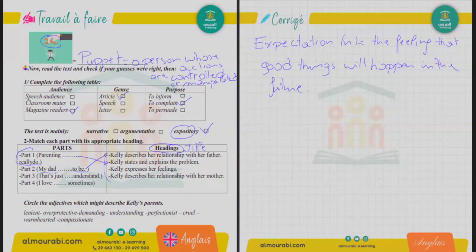ركزوا لي في part 2. What's wrong with the father? What's wrong with the father? What is she complaining about precisely when it comes to her father? The relationship. Yeah, the relationship, yeah, of course, but precisely, the father, what's wrong with him? There are 2 levels of conflict here between the father and the kid.